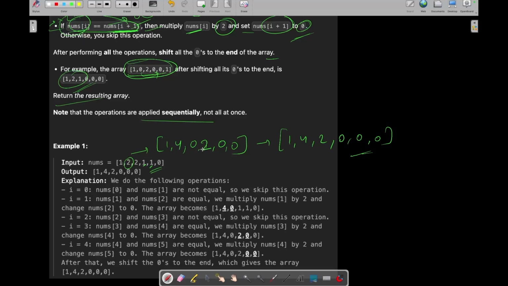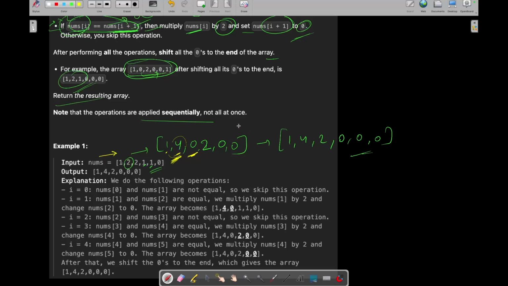Okay. So a very basic brute force approach we can think of is that we can start iterating on this given nums and check if nums of i equals nums of i plus 1. If yes, then we will update nums of i with nums of i multiplied by 2 and nums of i plus 1 with 0.